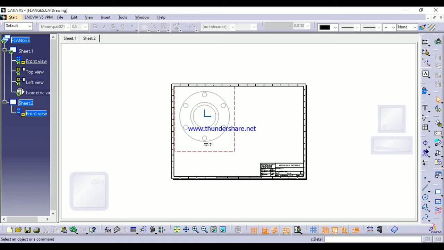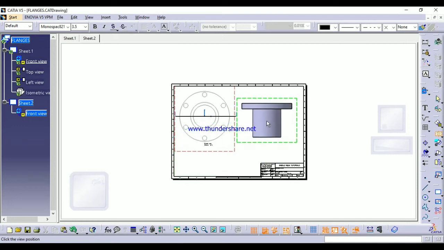Now let us see how we get the offset view, offset section view. Just make it active. From here we want an offset view. Just draw one line and double click.